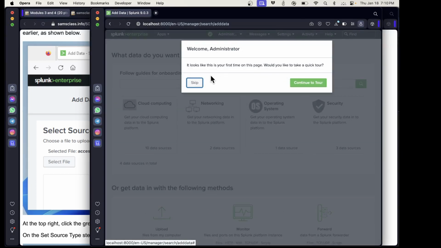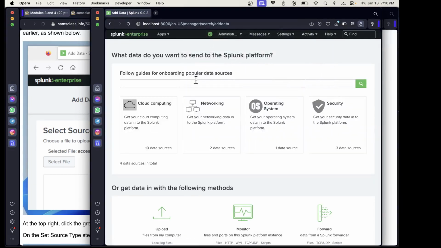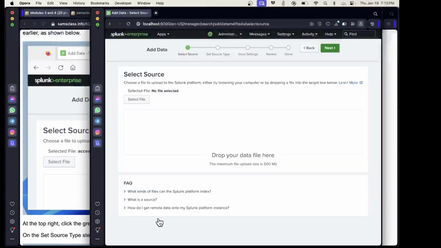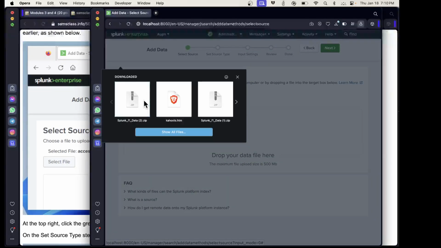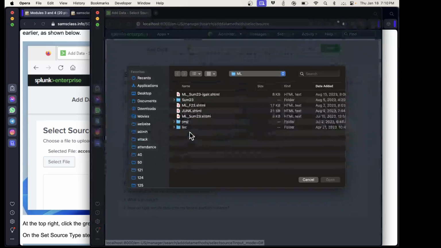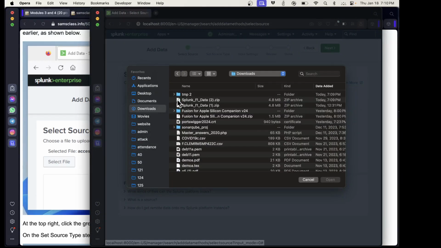Then I don't need the tour, so I'm going to skip it. And I'm going to upload some data. And so I select a file, and it's going to be the Access 30-day. Let me go to my Downloads folder, and